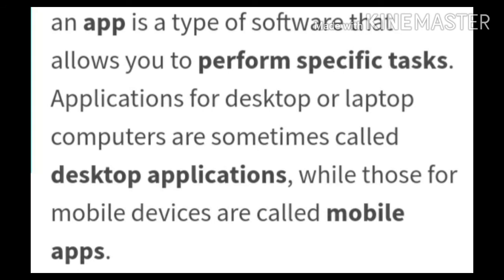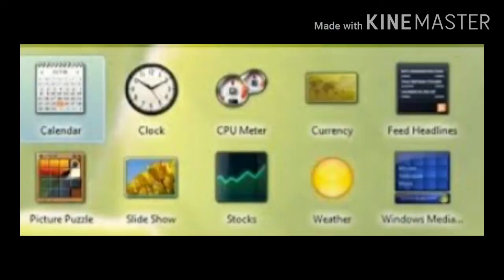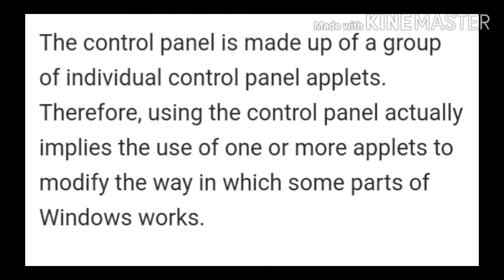And children, do you notice in our laptops or computers, we can see several mini programs like clock, language, appearance, etc. Yes, children, let's come to the topic Control Panel now. So, what is the role of Control Panel here? Yes, this Control Panel has many such mini programs or small applications and we call them applets. What is that? Applets, which are used by us for performing specific simple functions.